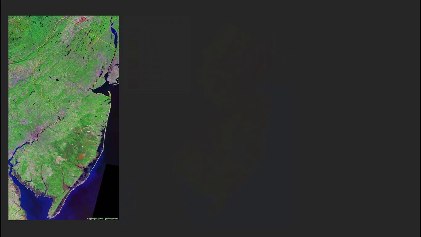This is a satellite image of the state of New Jersey. It is the 5th smallest state in the United States. We are a peninsula with the Hudson River and Atlantic Ocean to our east, the Delaware River to the west, Delaware Bay to the south, and an arbitrary border between New Jersey and New York, our northern border, being our only land connection to the rest of the continental United States.